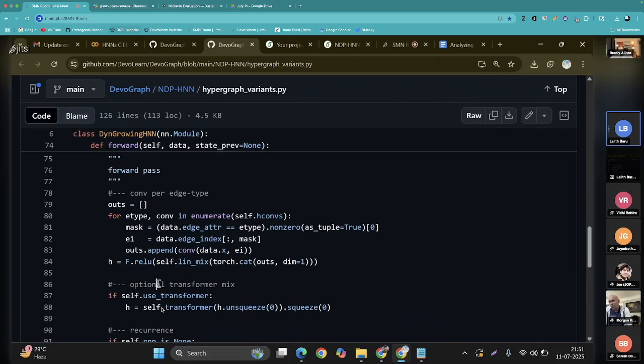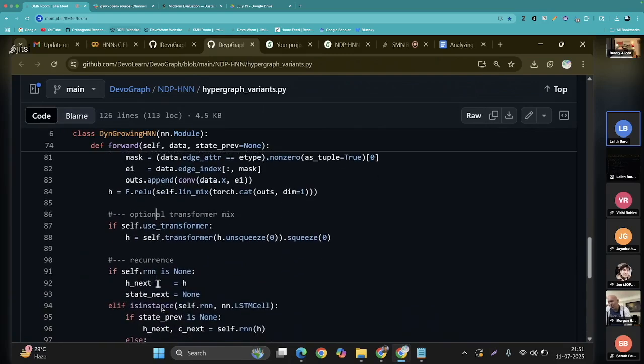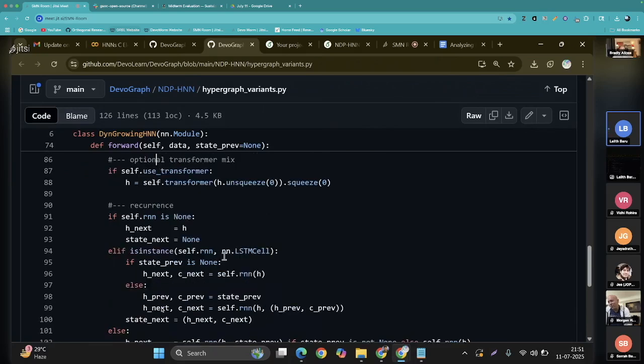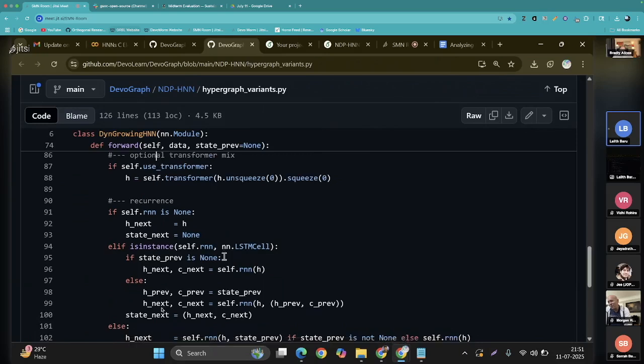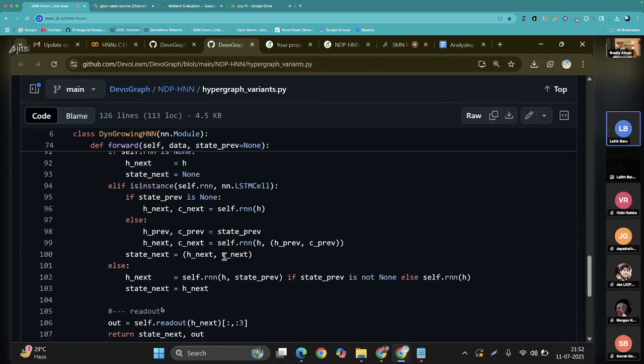So if you have a larger pool of data, then transformers have the potential to scale. So I added it, and then we have recurrent neural networks, which are aware of the time steps that we want. When we use an LSTM, it will run the LSTM. If not, we'll use an RNN. Or if you want a GRU, or a certain type of cell, then the exact formulation can be used.